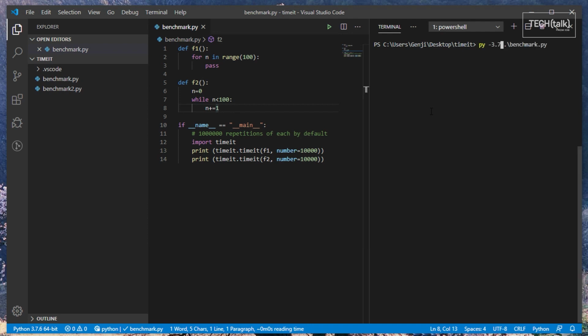Now let's run the script and see what kind of results we get for each of these approaches. As you can see, the f1 approach, which uses the range function, is a great deal faster than using a loop variable. Keep in mind, however, that when you run benchmarks, they can vary a great deal between runs, even with a script like TIMEIT that deliberately runs something many times and gets the average.